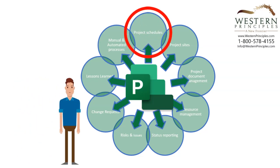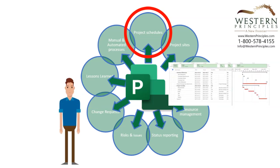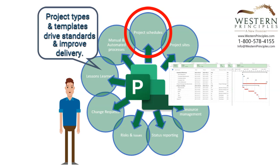Microsoft Project was one of the original scheduling engines, and it's evolved and improved consistently throughout its life. Schedules in Microsoft Project Online are stored centrally in a database, and are typically started through creating a new project from a template based on a defined project type. For example, your project type might be an engineering analysis, a small construction project, a large construction project, or a